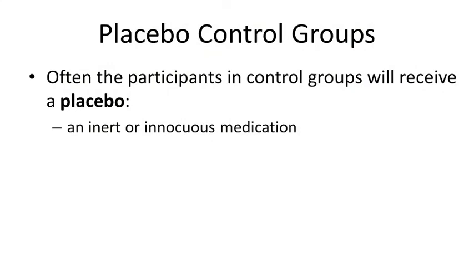So to make sure that this placebo effect isn't producing a confound in our study, we need to use a different kind of control group. It's called a placebo control, as you might expect. In this control group, all the exact same things are done as the experimental group. The only difference is the treatment they get doesn't work. That's what placebo means. It's something that doesn't work.